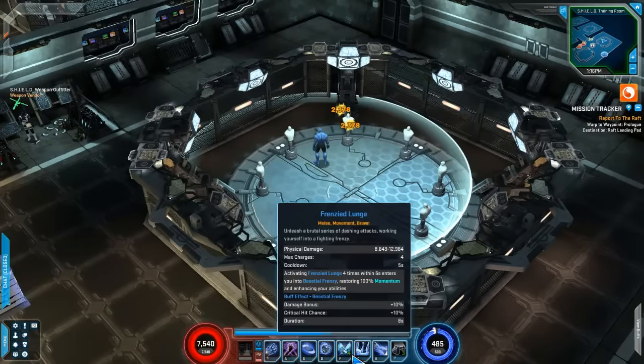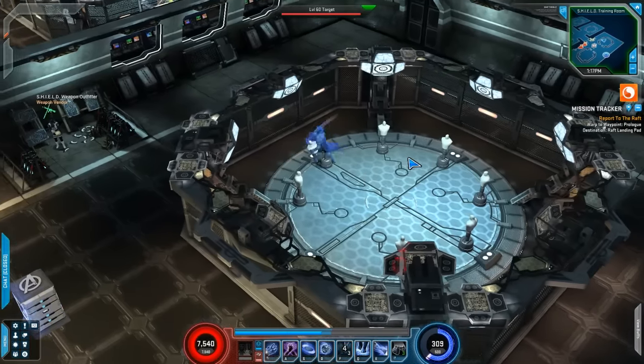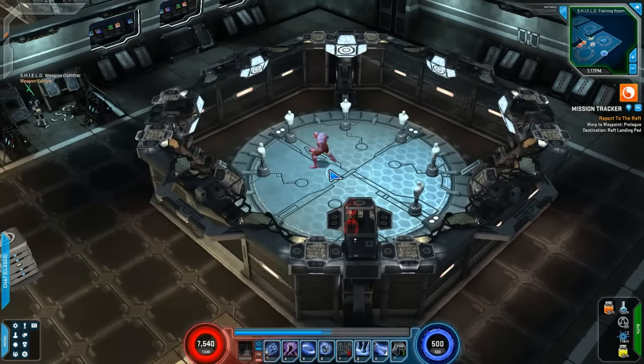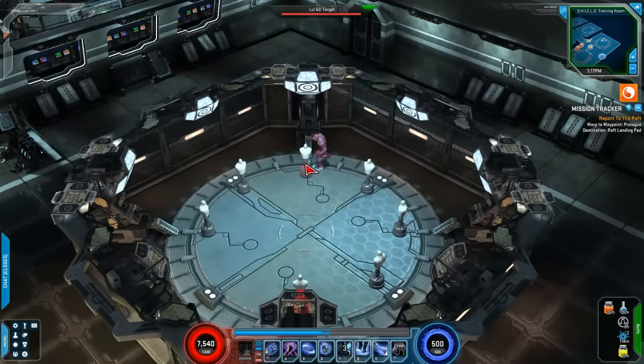Next, we have Frenzied Lunge. Physical damage, it has 4 maximum charges. It has a 5-second cooldown. Activating Frenzied Lunge 4 times within 5 seconds enters you into Bestial Frenzy, restoring 100% of your momentum and enhancing your abilities, which is also giving you 10% crit hit chance, and an 8-second duration. So we hit the lunge 4 times, and Beast goes into a Rage, which allows you to do all kinds of neat things